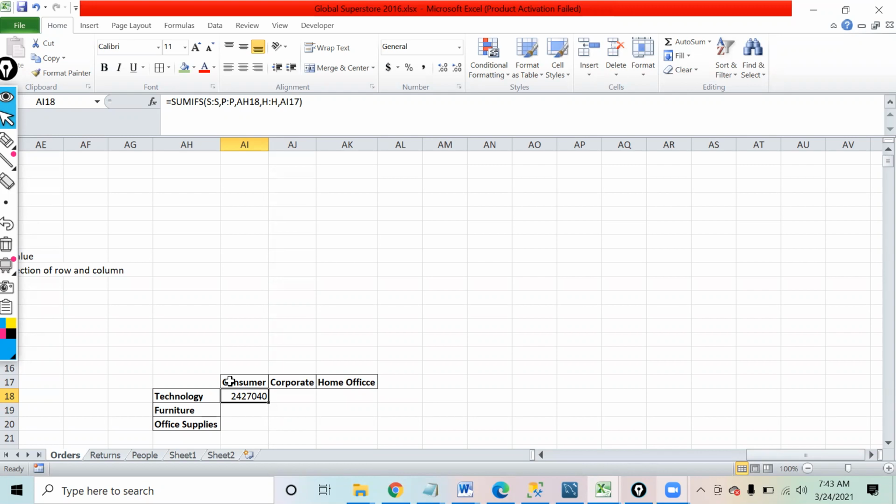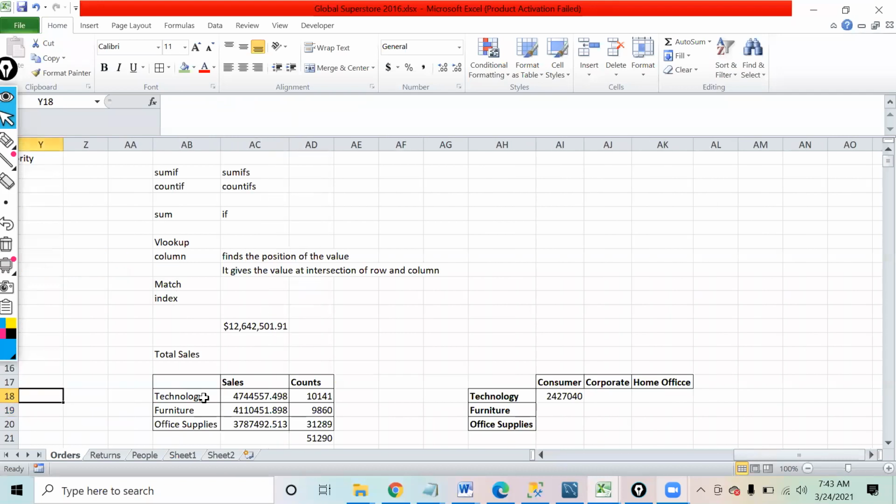The strange thing is this formula works even when the criteria range is not in a separate bracket, like the second criteria range. I'm saying that this is nice that the formula works even when you have not given them in a bracket. You've just done comma after comma after comma. There is no need. You can keep on doing that.